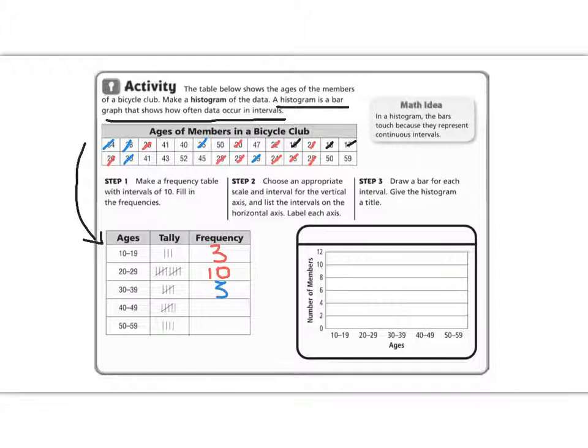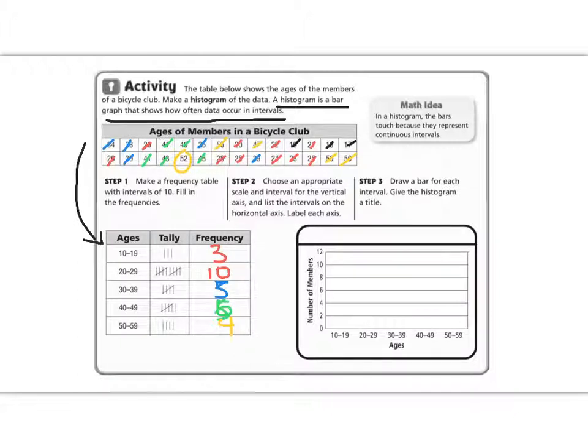Great, 5 of those. The next thing we should have is 40 to 49 and 5 of those. 1, 2, 3, 4, 5. Perfect, 5 of those. And lastly, 50 to 59, and we have 4 of those. 1, 2, 3, and 4. So now that we have organized our data, we are going to, oh, look, we missed one. There should be 6 here. All right, now that we have all of our data organized, we're going to make a bar graph of these